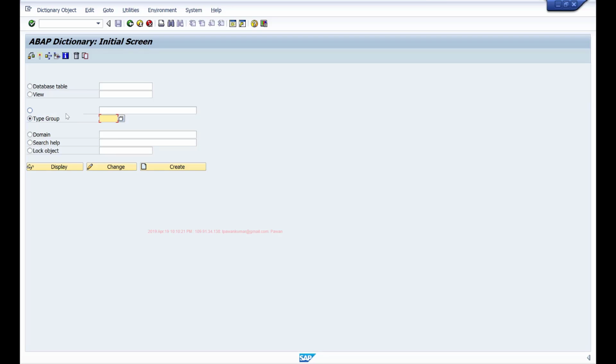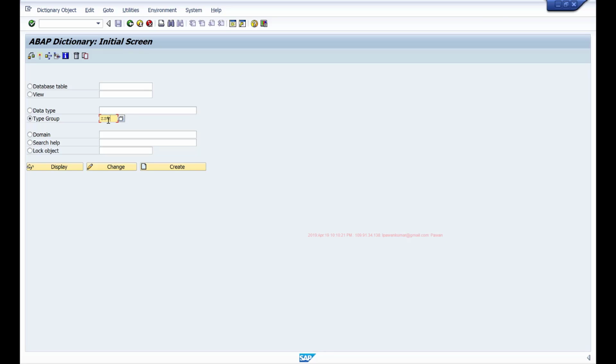However, earlier there was no option to define data elements, structures and table types. So at that time we used to use these type groups to maintain global data types. But since we have this new option, data type, in the ABAP dictionary, we no more create these type groups. One advantage with this new option is that when you define a data element, you can maintain a lot of information at the data element level. So you can maintain documentation, search helps and all these things. However, with type groups, you are limited to writing some code within the type group to explain what that data type is all about. So to define a type group, you select this type group radio button and give some